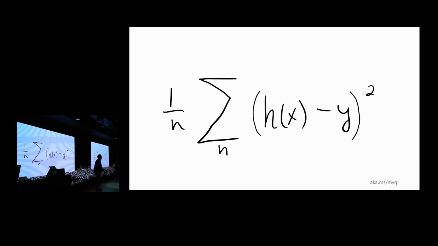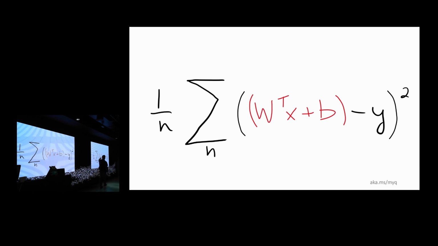To make it even worse, we want to really penalize this when you get the wrong answer. This is called the sucky function. How sucky is our machine learning model function? The data scientists call it the cost function, but it's not as cool. Or the loss function, too. For those of you that are data scientists, mean squared error. Right, this measures how bad we are at it. And what we want to do is find the parameters W and B such that this is as low as possible. How do we do that?